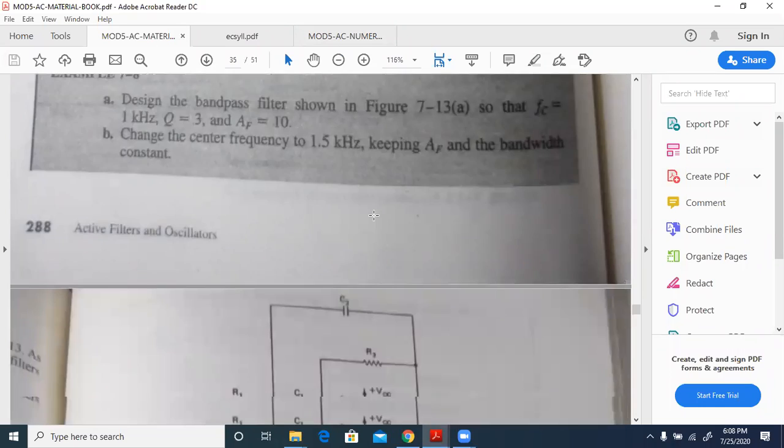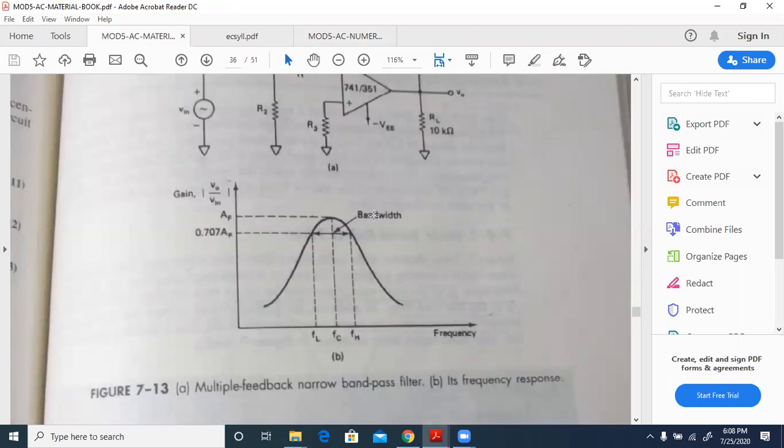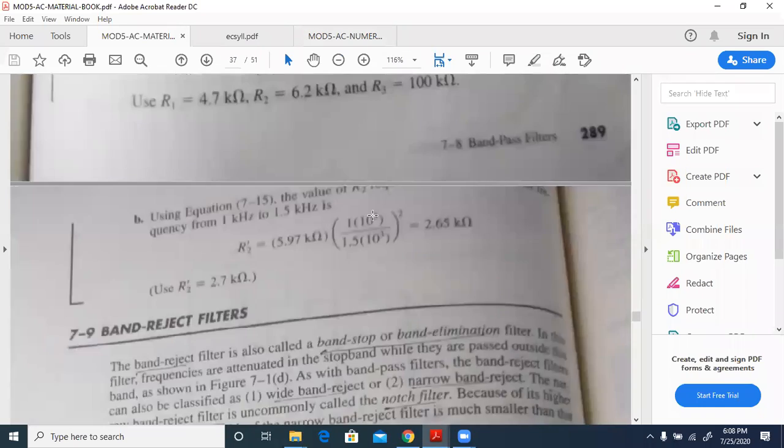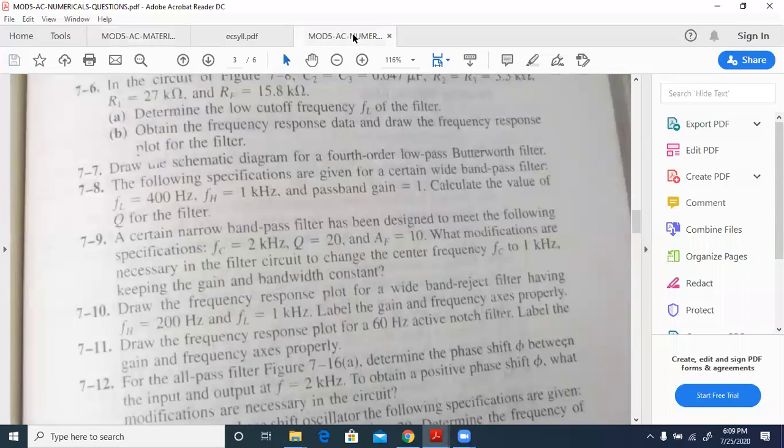In the solution given there, it's the reverse, 1 above and 1.5 below, so naturally the resistor value is decreasing. In our case, we are decreasing the frequency, hence the value of R2 dash is going to increase. Okay, so is there any